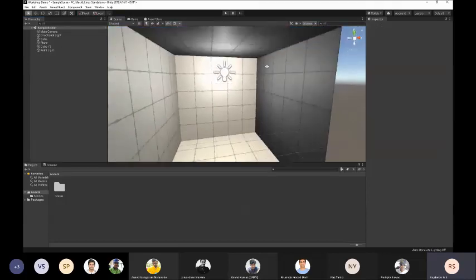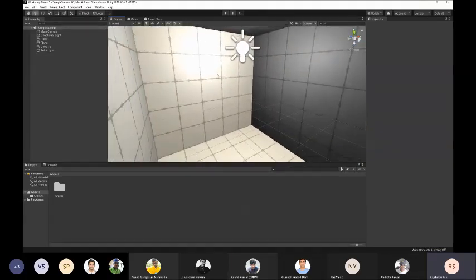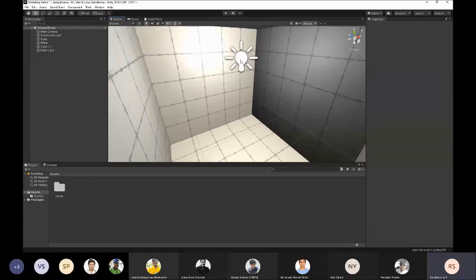So now I showed you the basics of lighting, but there are two kinds of lighting in Unity, right? One is real-time lighting and one is baked lighting. Real-time lighting is what's happening right now. Unity is calculating in real time how the light is affecting these walls, and it's rendering the output to us. What baked lighting does is Unity bakes the lighting beforehand, and it stores the output as textures.